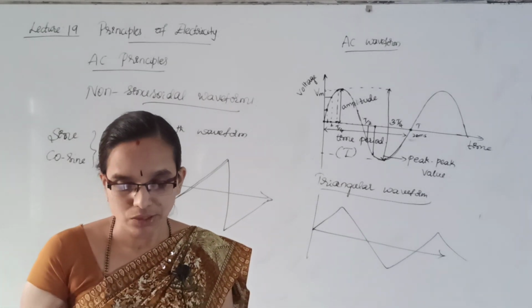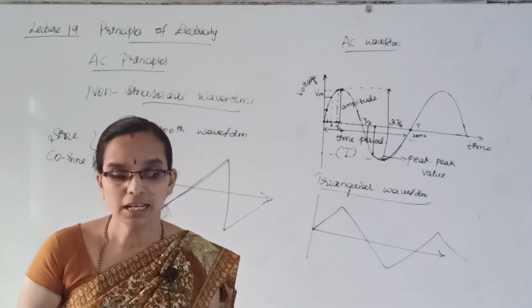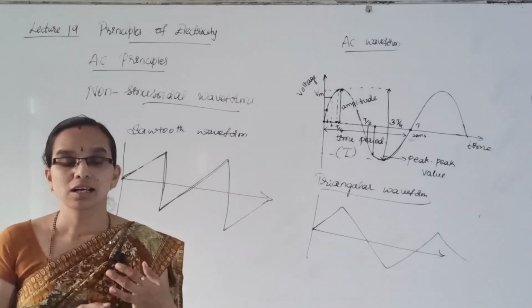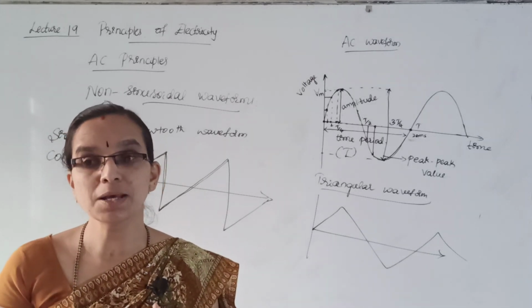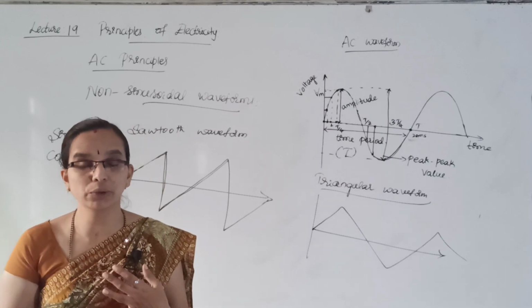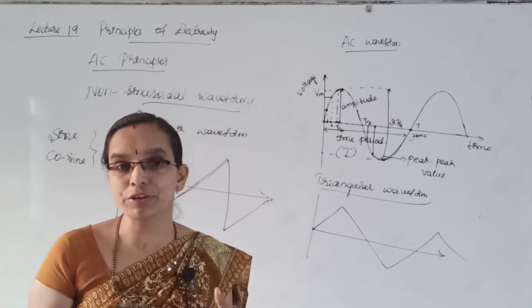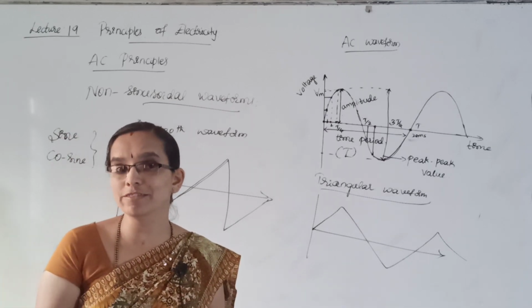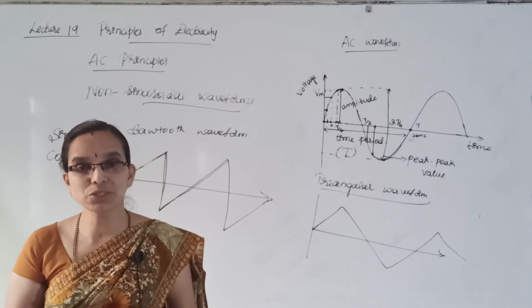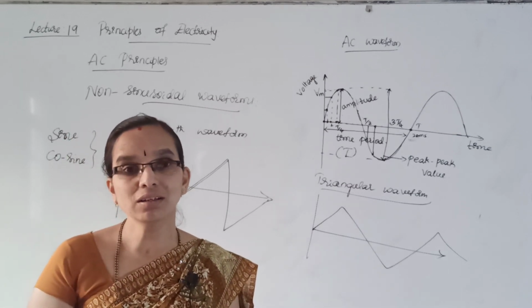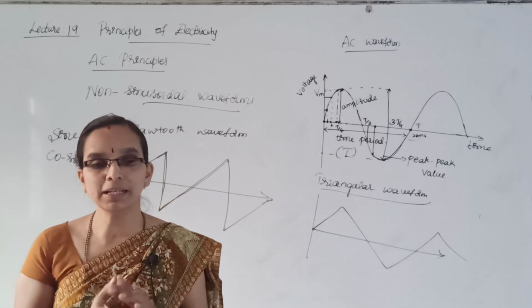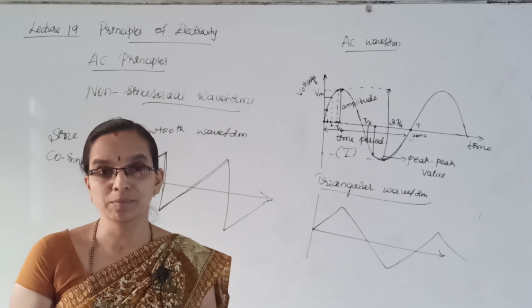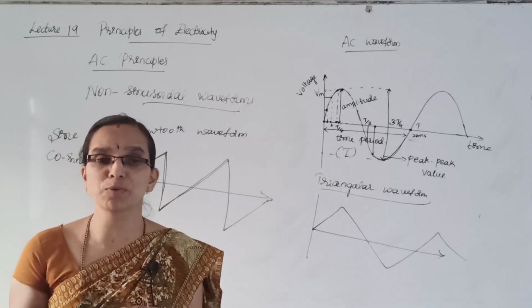Okay, that's all for today's class. In the next class we are going to solve problems on these AC signals, AC principles. In that we are going to calculate the time period, frequency and instantaneous value of AC signals, and the RMS value and average value of AC signals. Please do remember the formulae, so that we will cover this. After completing this, the chapter will end, and we will solve all the exercise problems.